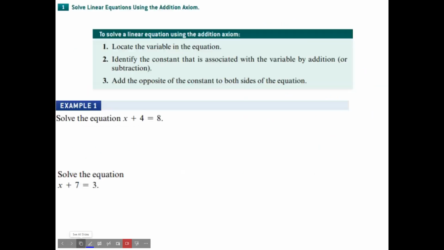Okay, so to solve, locate the variable, identify the constants associated with the variable by addition or subtraction, add the opposite of the constant to both sides of the equation, right? We did it many times. So x plus 4 equals